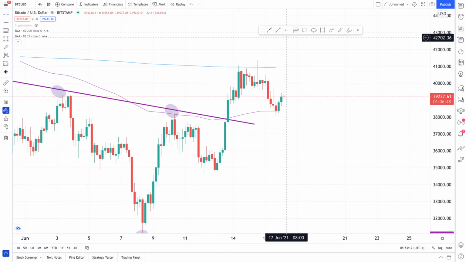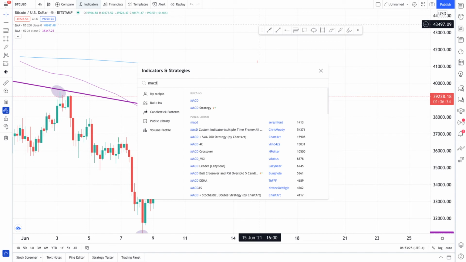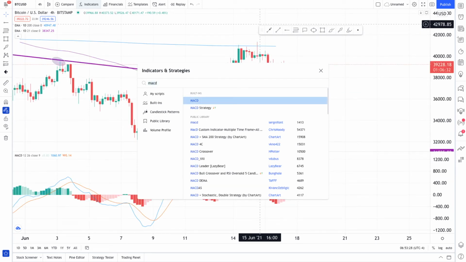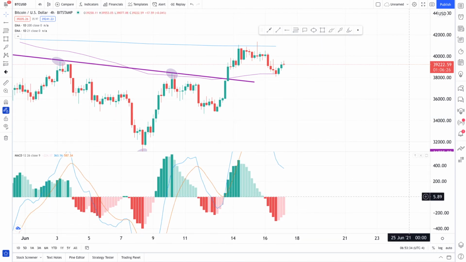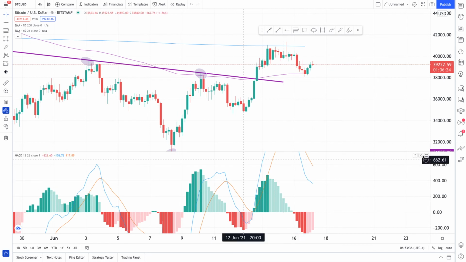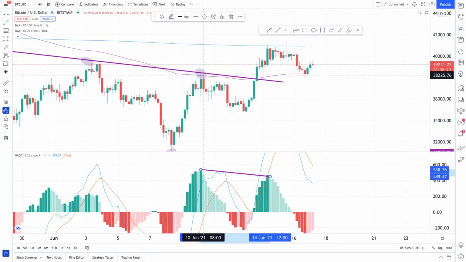And I also want to show you guys, when we got rejected from that 200 daily EMA ribbon, there was some indication that we could have looked for to see that was going to happen. So if I just get the MACD indicator I showed you guys in my last video, there was a divergence printing on that MACD. So if we just look at the MACD histogram waves. Alright guys, so when you look at this high right here on the MACD histogram of June 10th to this high right here on June 14th, as you can see, we made higher highs on the price action in that leg of price